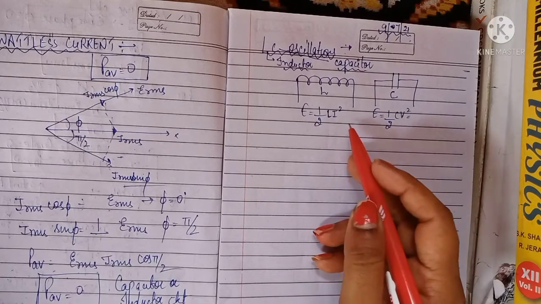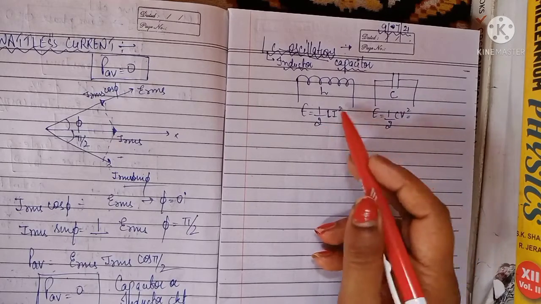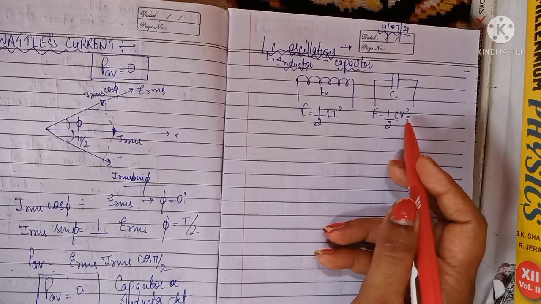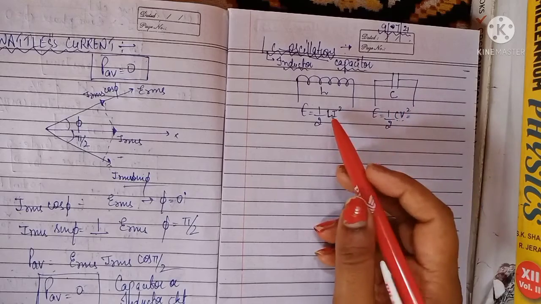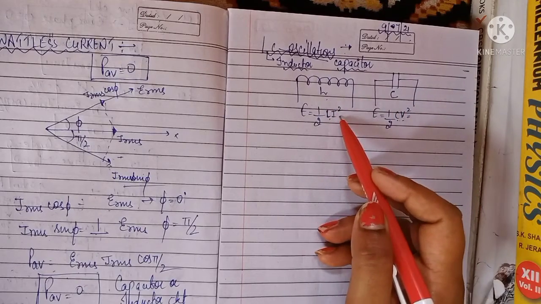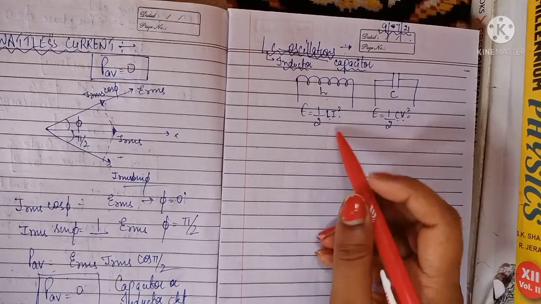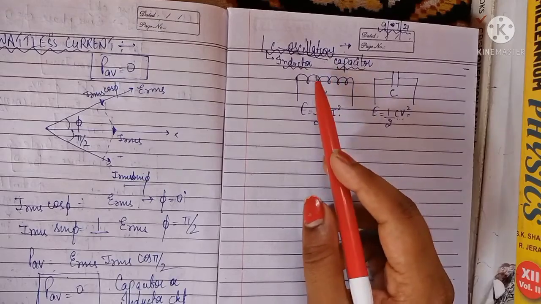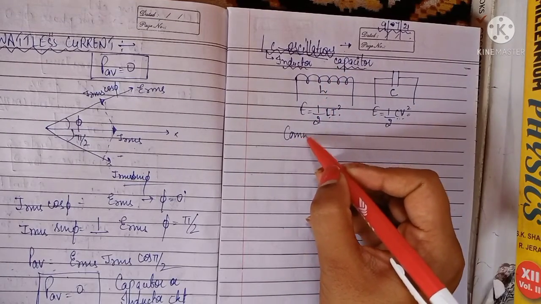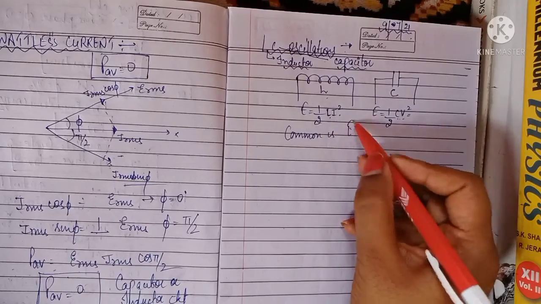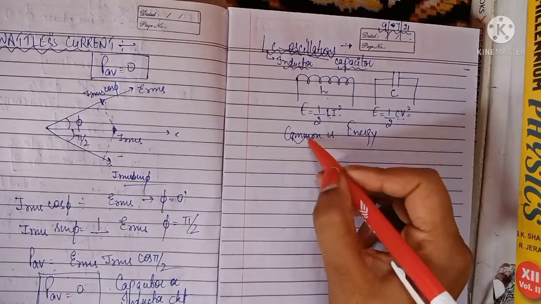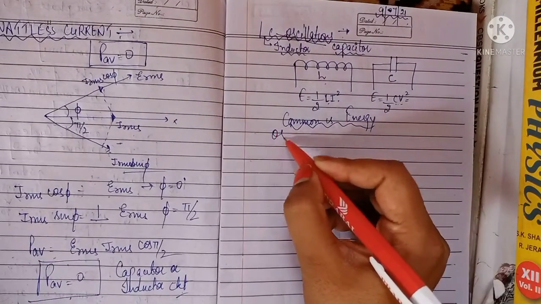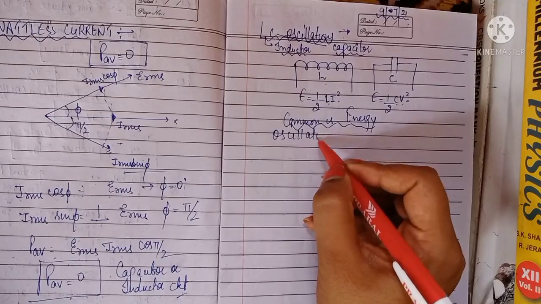Okay, so basically you can see that both expressions are somewhere common, because this is a capacitor, so it contains C, and V is the voltage obviously, and because this is an inductor, it depends on the current. So it is not the oscillation that is exchanged between the inductor and capacitor. Common in both cases is energy. Okay, common is energy. Basically LC oscillation is nothing but the phenomenon of oscillations of energy of inductor